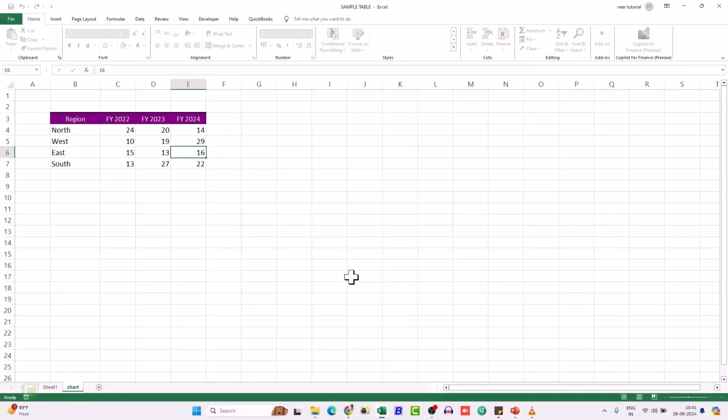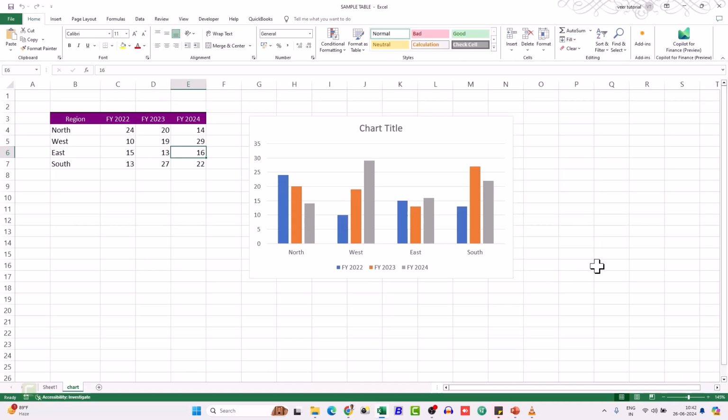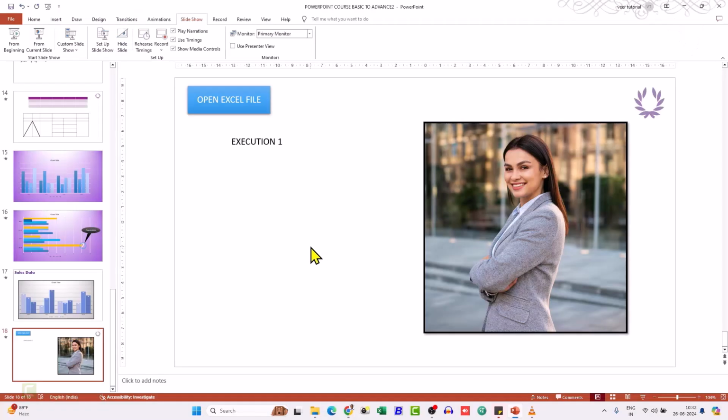So I'm going to use current slide, and now I'm going to hover my mouse. So you can see it, my mouse cursor has been changed to another icon. Once you click on it, it will open your Excel file which we linked in our slide. So I'm gonna close this one, press escape button, and you can use this file in your master file as